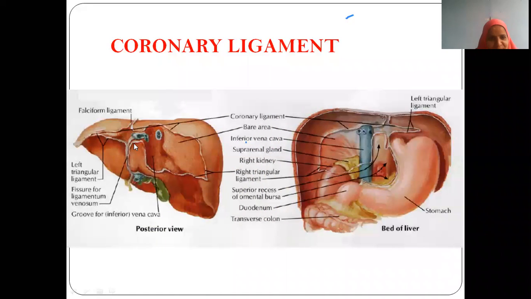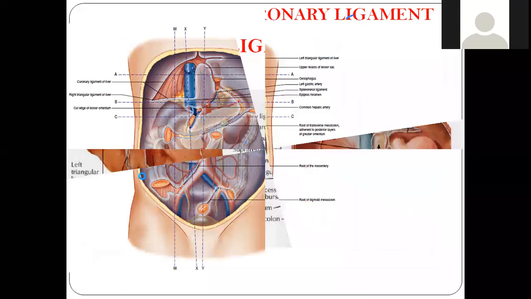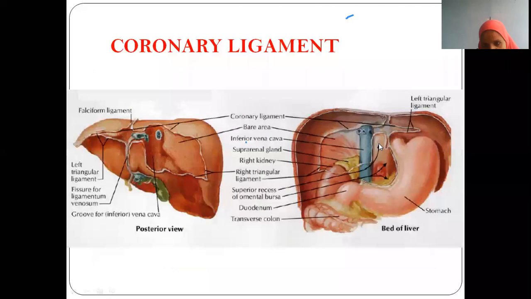You can see the continuation of falciform is forming the coronary. You can see the reflections of peritoneum, superior layer and inferior. So many times I am telling, right triangular, left triangular. This is ligamentum venosum, this is porta hepatis. Margins are giving attachment to lesser omentum. That's how the continuation is shown. The coronary is like this: left triangular, right triangular. This is all coronary. This was for ligamentum venosum. Further continuation is for lesser omentum.